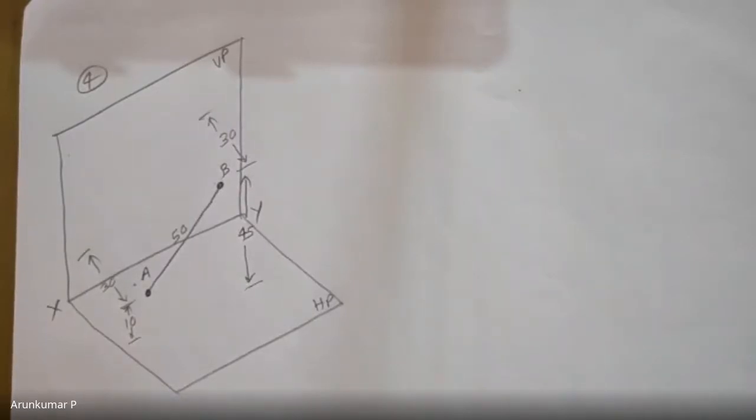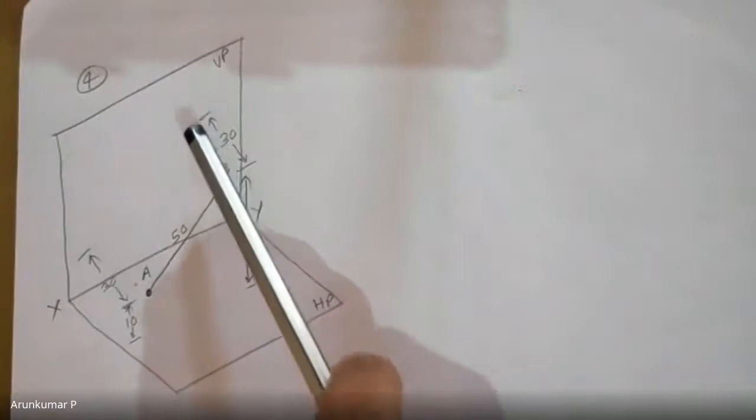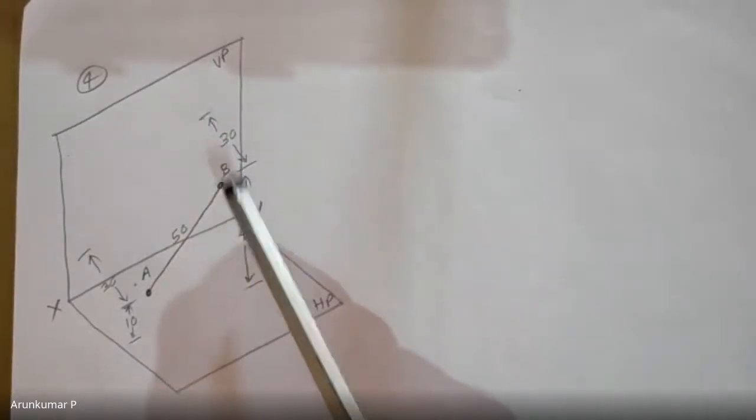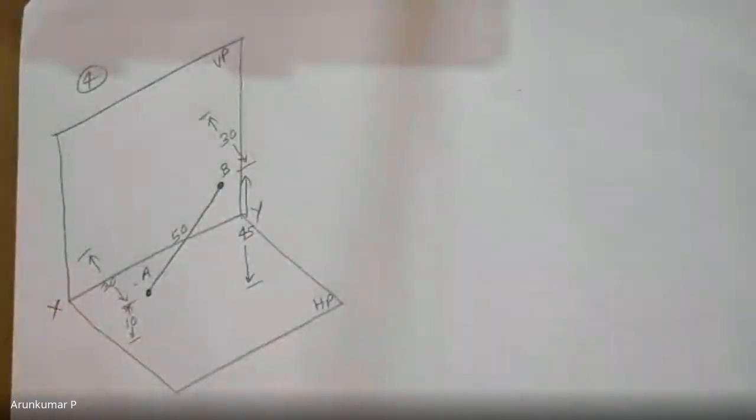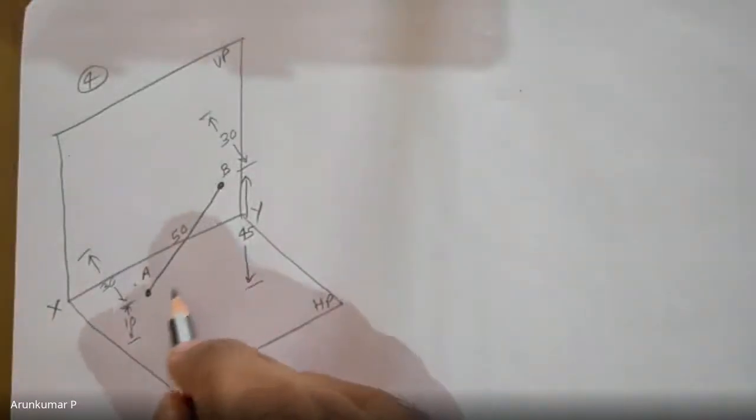Got it? End A, 10 mm above HP, 30 mm in front of VP. End B, 30 mm in front of VP, 45 mm above HP. Clear? So it is very clear that this line AB